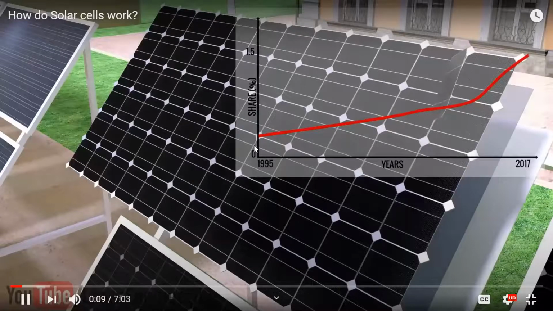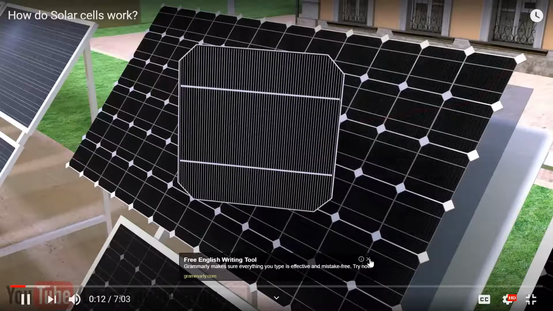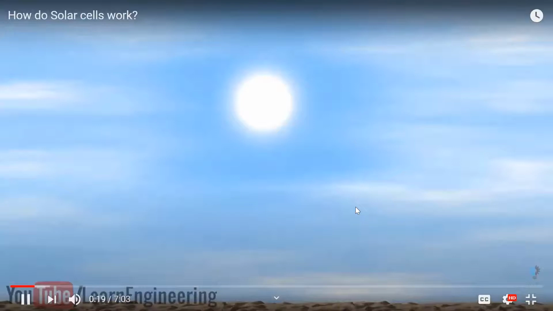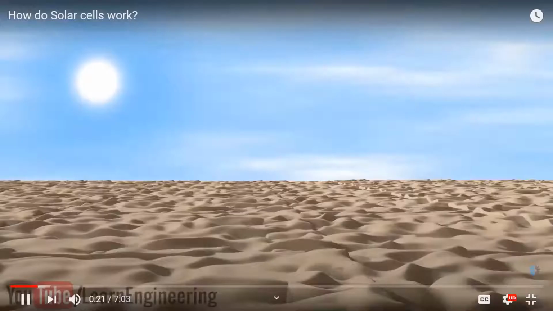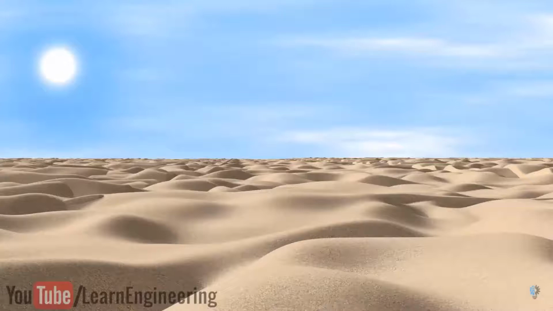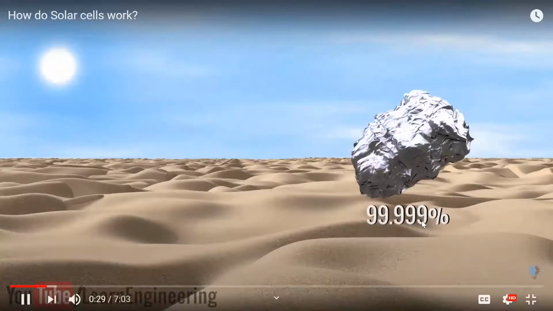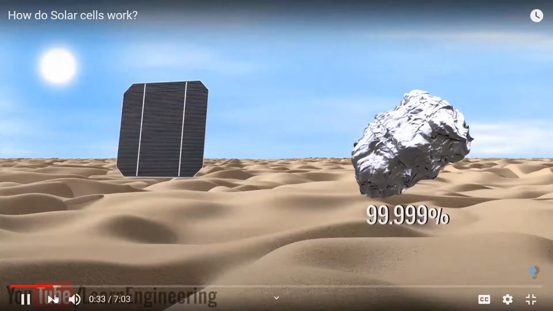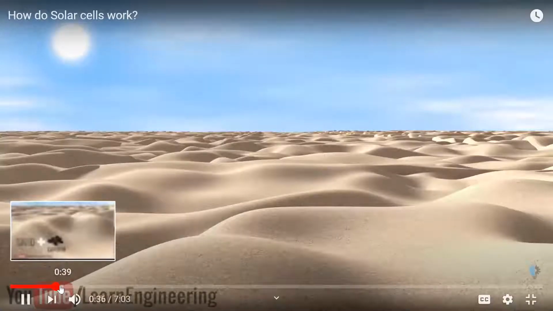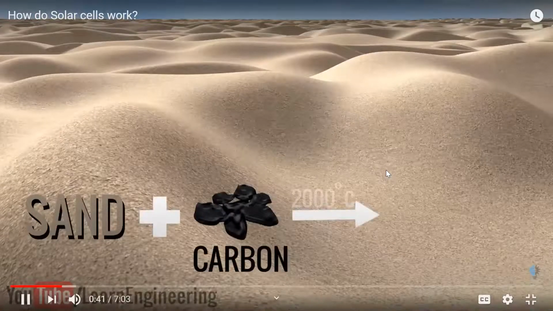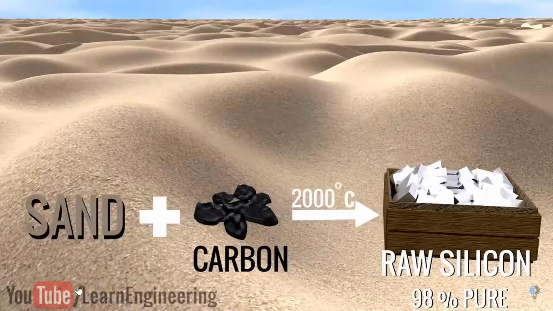So here we can see how the solar cell is going to work, the radiation and the angles we are keeping here, and how each and every part of the solar cell is working. We can check it out here. This is the video of the solar cells, ma'am. The sun is showing the desert with the sun. If you can fast forward, we can check it out easily. We can fast forward at 2x speed and continue.